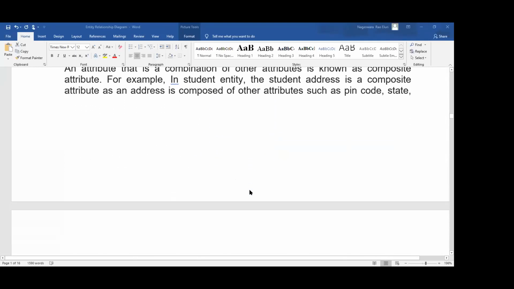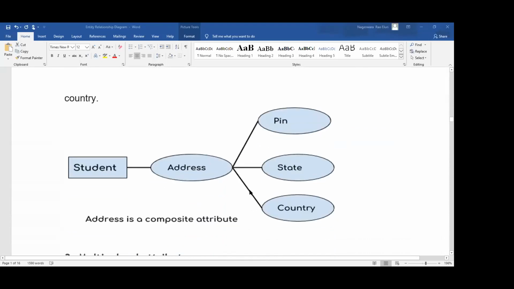Now the composite attribute. Composite means combining two or three attributes to form a new attribute; that is called a composite attribute. For example, if you take the student entity, we have a lot of properties, and one property is the address of the student.